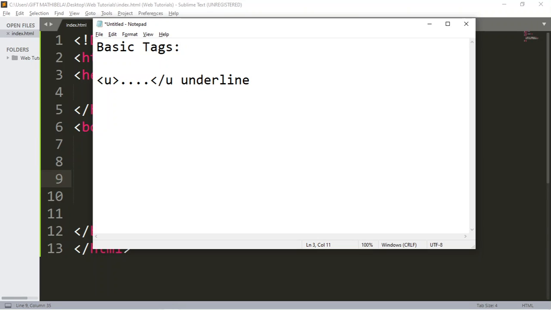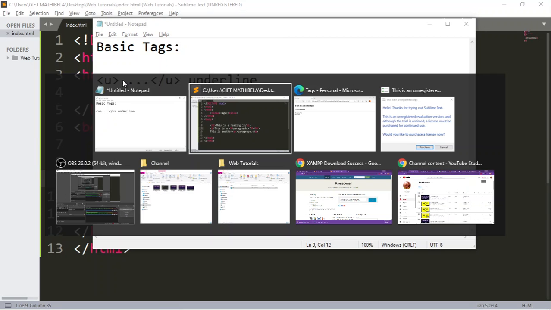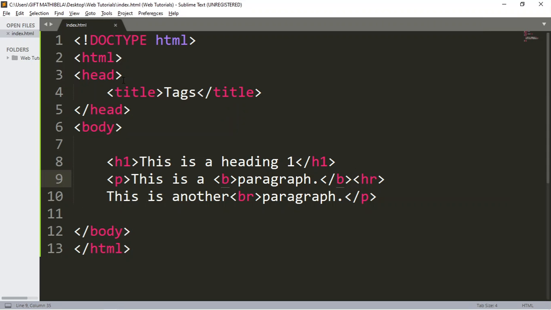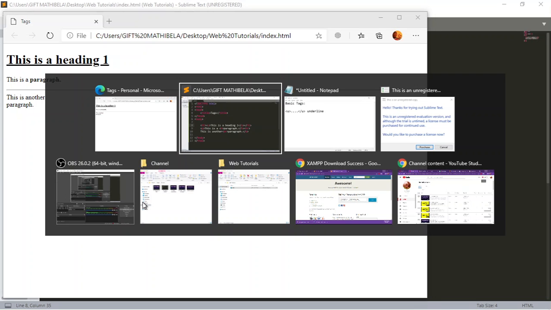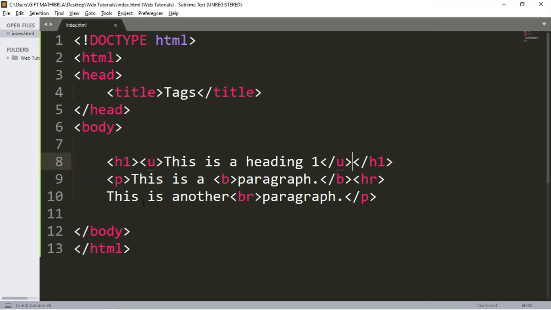So yeah, let's do it like this. So the underline tag still gives emphasis on, what can I say, on the text that is displayed to the user. So if we can go to the heading, or yeah, if I can go to the heading and say underline and also close the tag there. So now the heading will be underlined. If you can go back and refresh, now the heading is underlined. So guys, these are the most popular